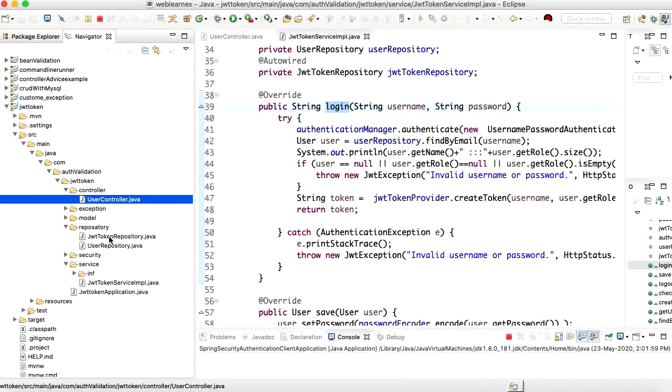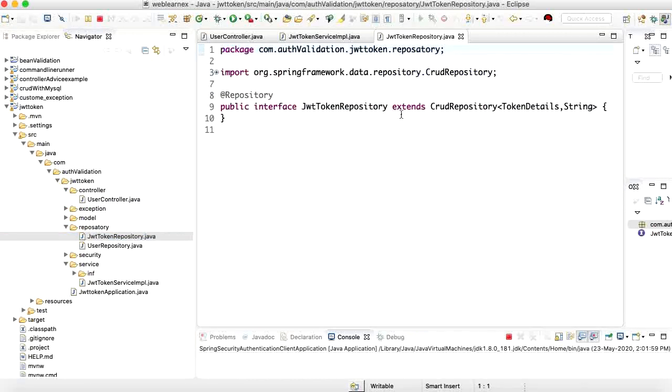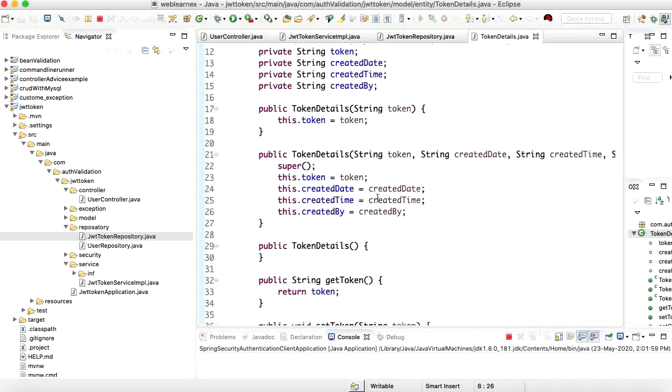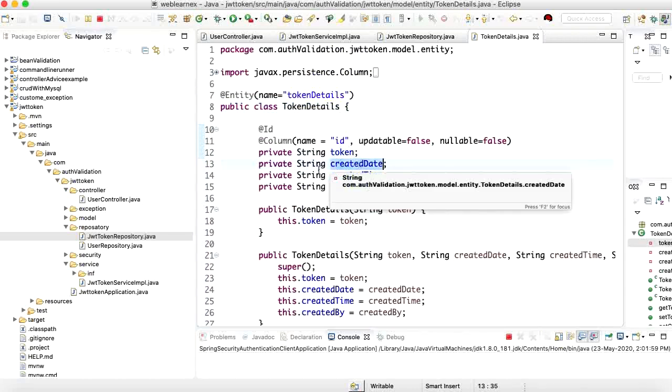I have created one repository here. There are two kinds of repository. One is for user information and one is for token details. The token details hold all the token information, meaning the token key, created date, created time, and created by.